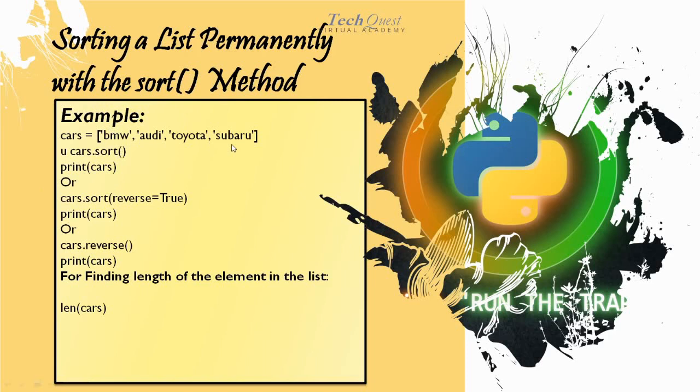So here comes B first and then A. By using the sort keyword, you can sort them in alphabetical order, or if there were integers, you can sort them in integer order, like 1 should come before 2 and 2 should come after 1. So by default the sort keyword